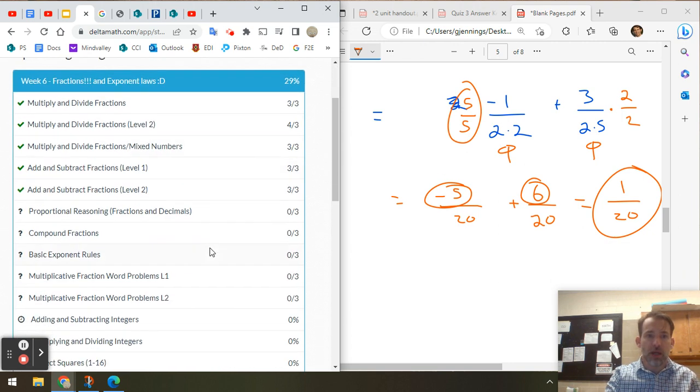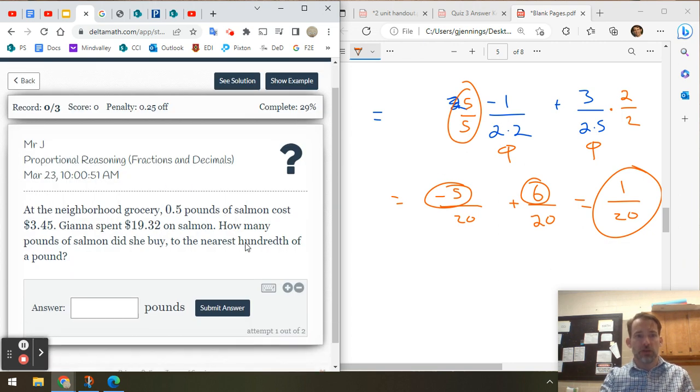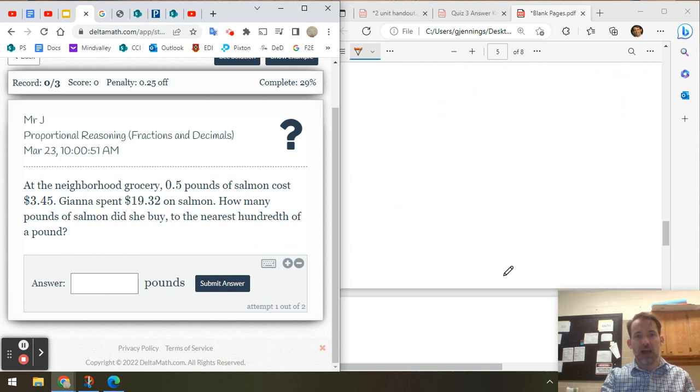Okay, let's go. Let's get some new problems here. We need some new problems. Proportional reasoning, don't mind if I do. At the neighborhood grocery, half pounds of salmon